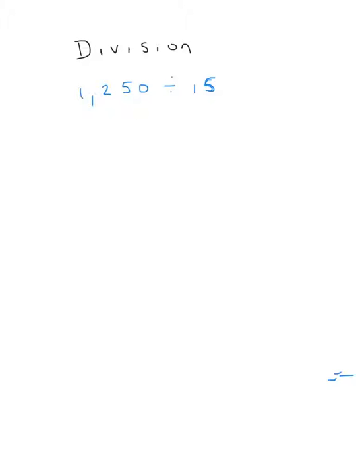We're going to solve this problem, 1,250 divided by 15. And then we're also going to show how you can use inverse operations, which is the multiplication, to double check your work. So then you'll know whether you got your answer correct or not. So let's first look at it. So we have